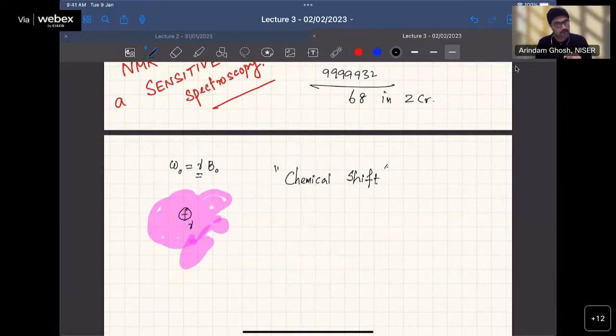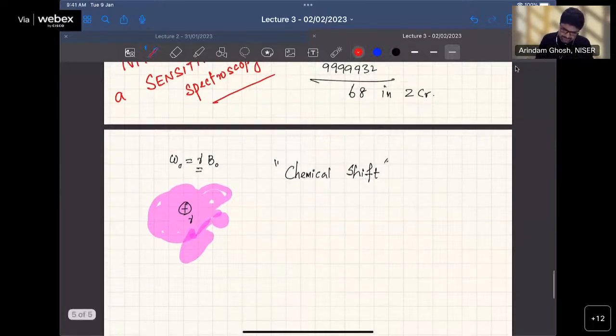We have this electron cloud. However, for understanding this concept easily, I'll be assuming as if this electron is making a circular orbit, like a Bohr's orbit about this nucleus. Then you'll understand how this is happening. One thing that you must know is that if I have a magnetic field B, and in the vicinity you have an electron moving with velocity V, then a charged particle moving in a magnetic field experiences a Lorentz force, and that force F